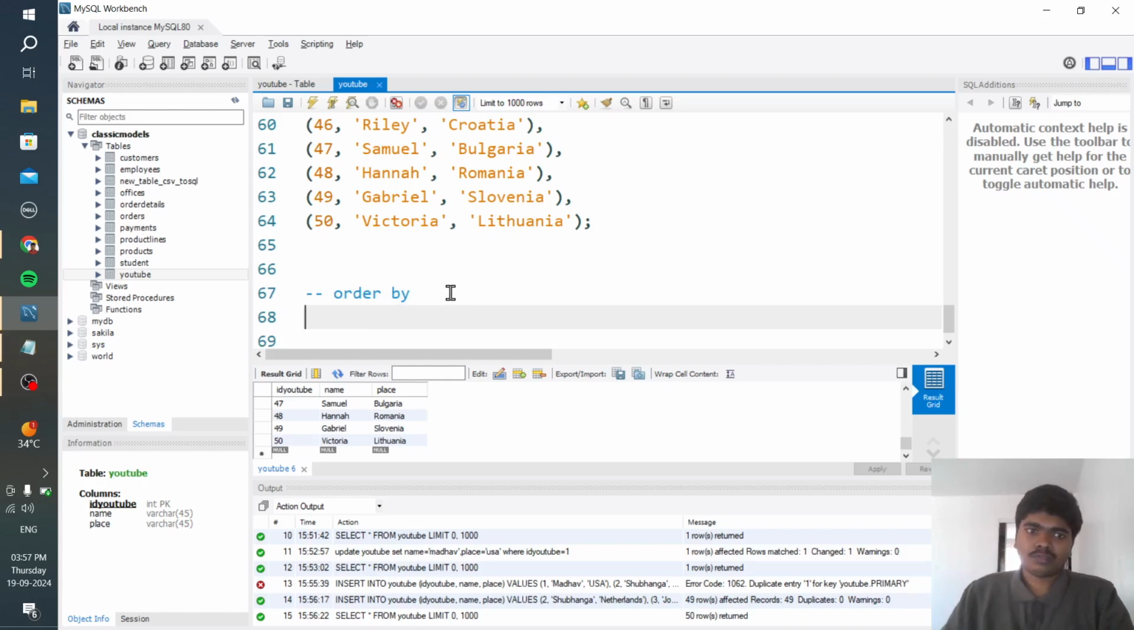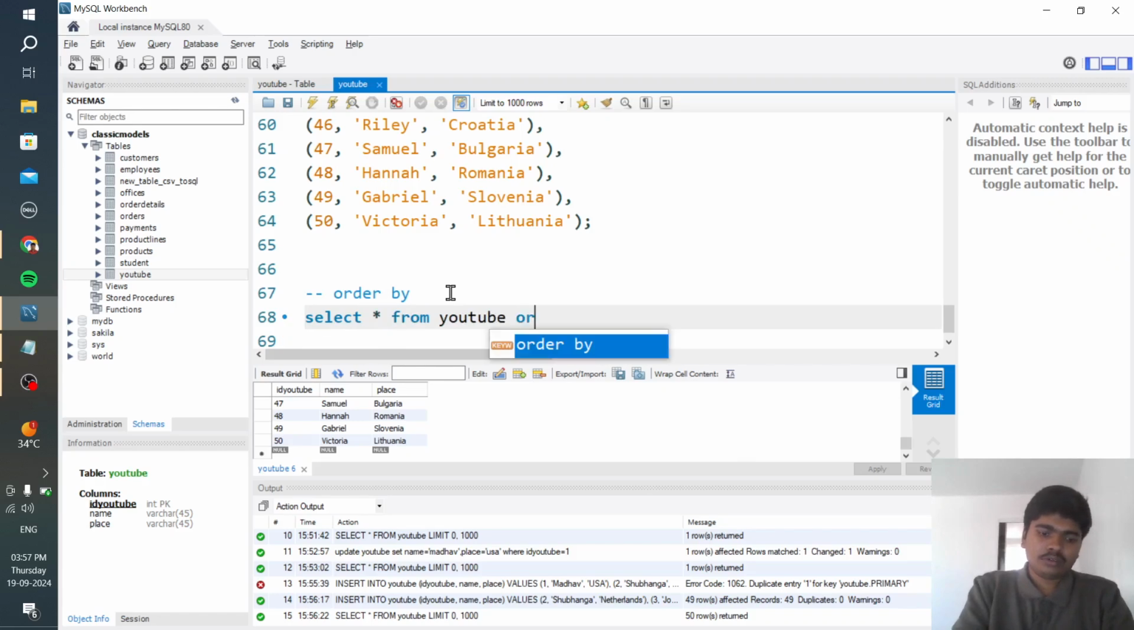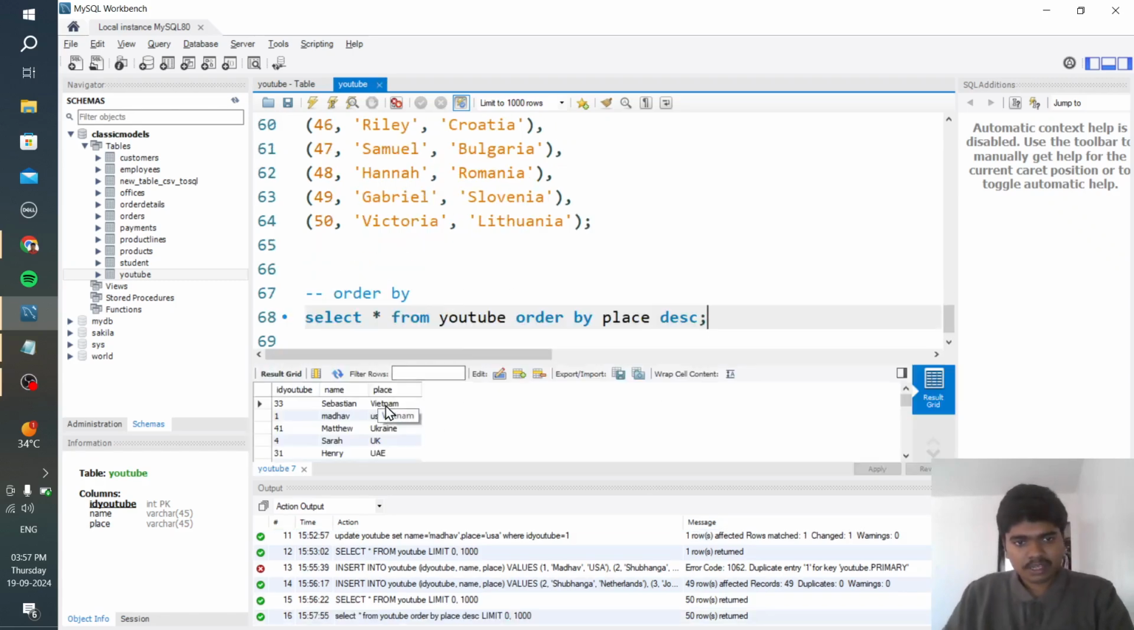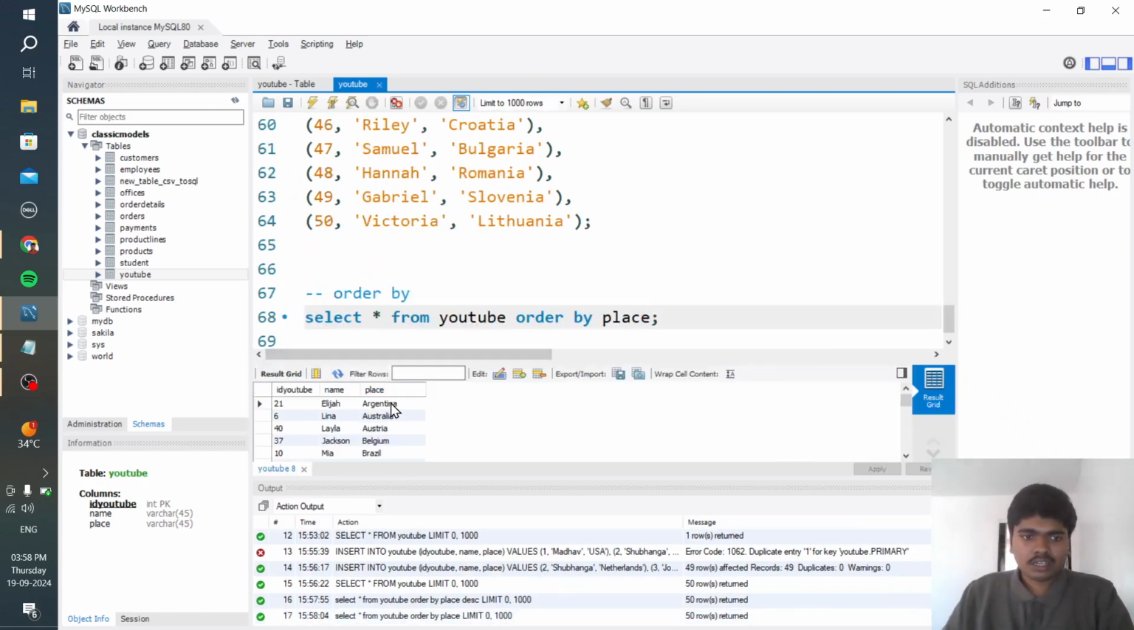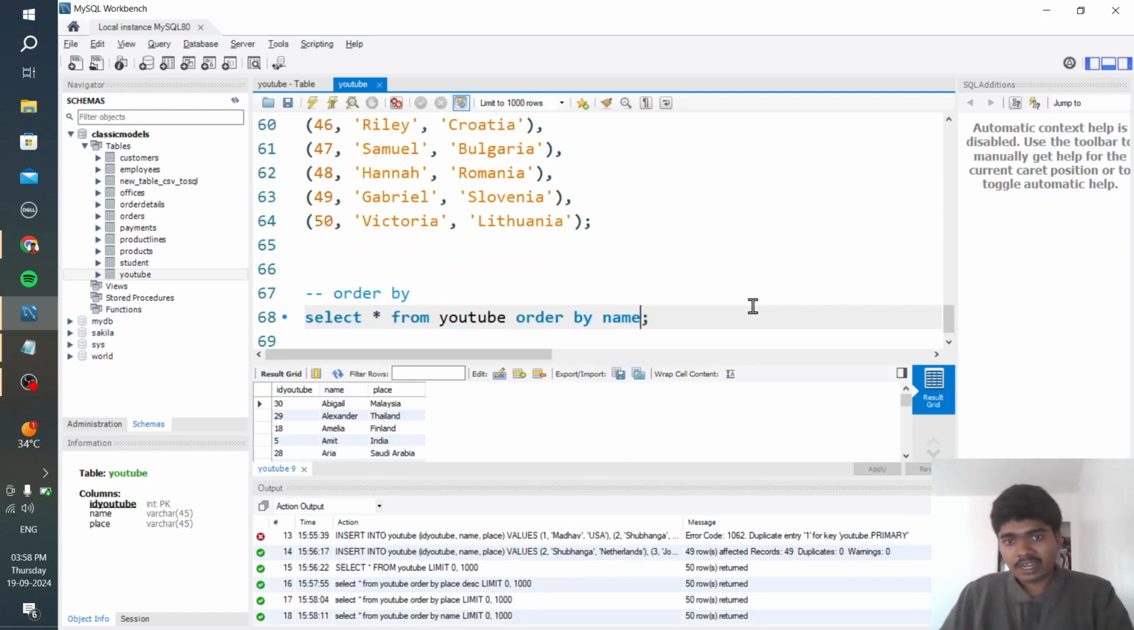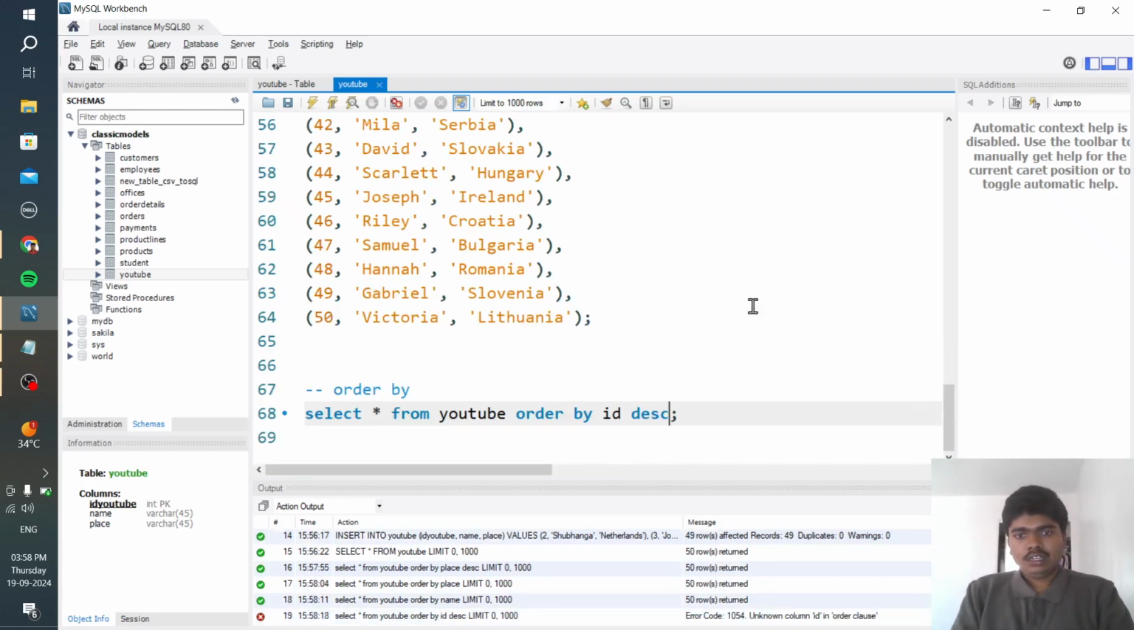Like, okay, select star from YouTube order by, we can say maybe place. If you press this DESC, you'll see the order will be descending, the A comes last. And if you remove this DESC, you can see the A comes first. So you can order by anything, like the name, or ID, which is obviously in order. But if you use this DESC, you can get the